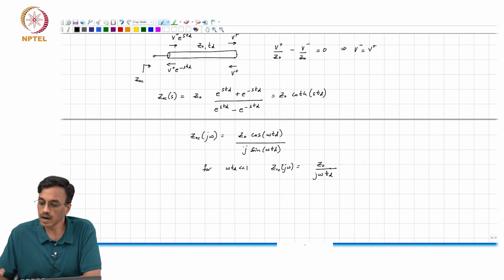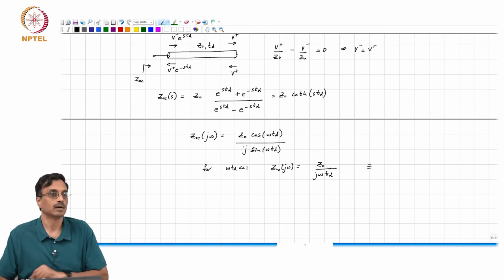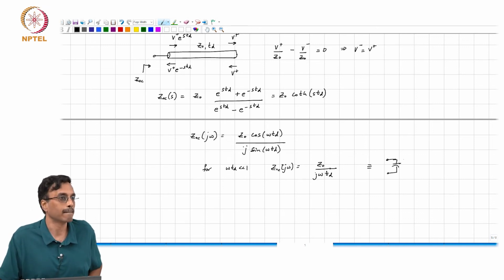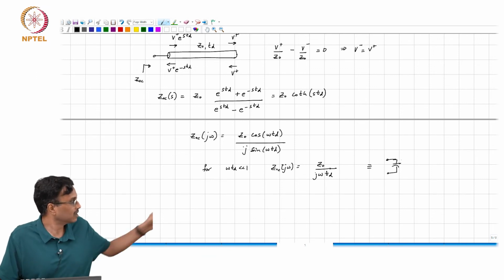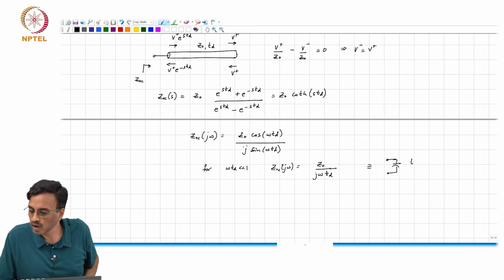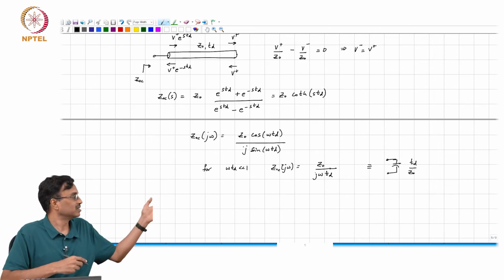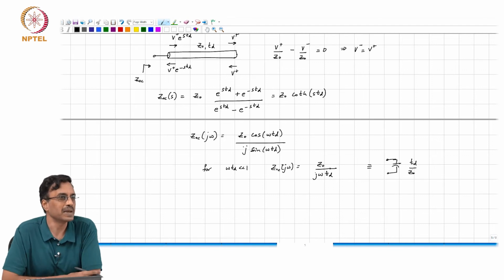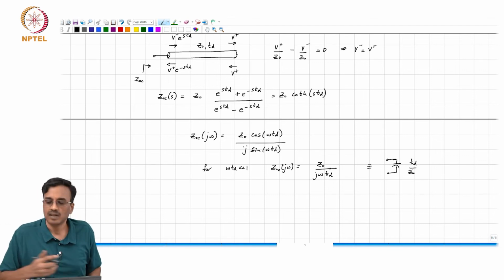So, this looks like a capacitance, and what is the capacitance? The capacitance is TD over Z naught, and straightforward math will tell you that this is simply the total